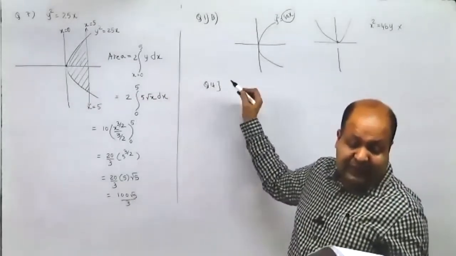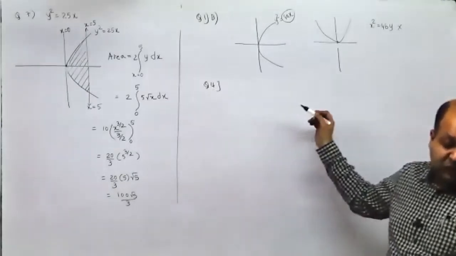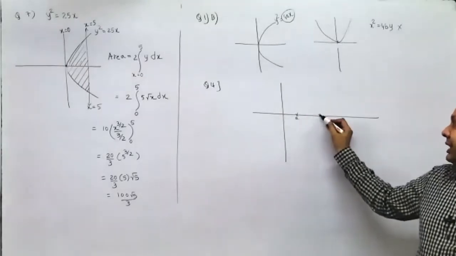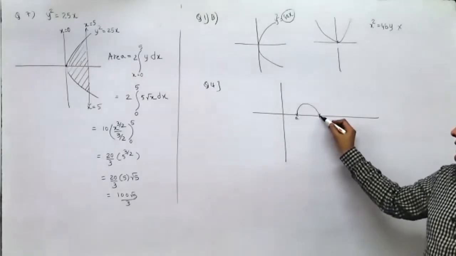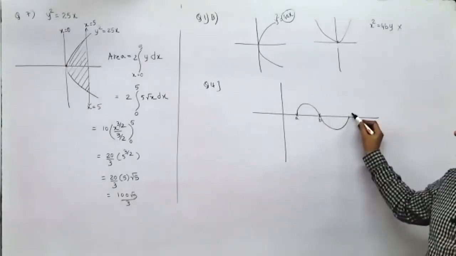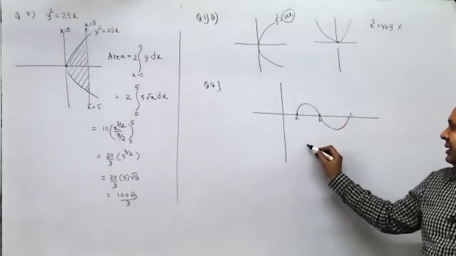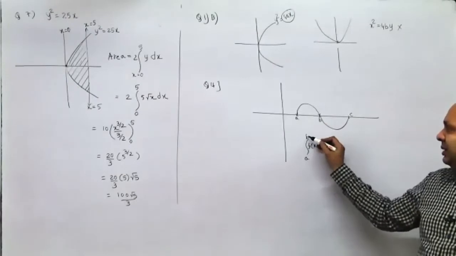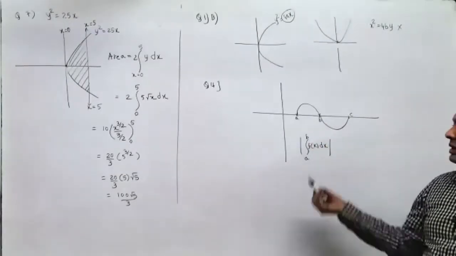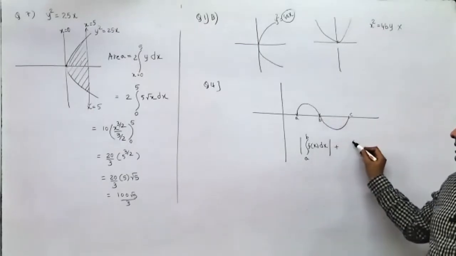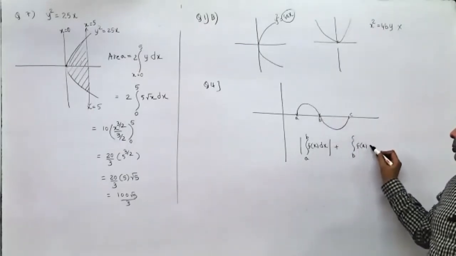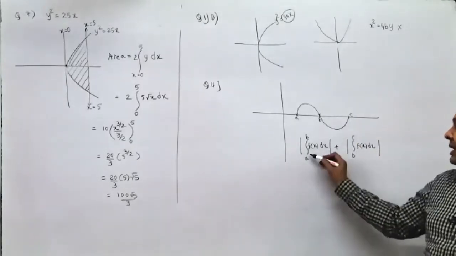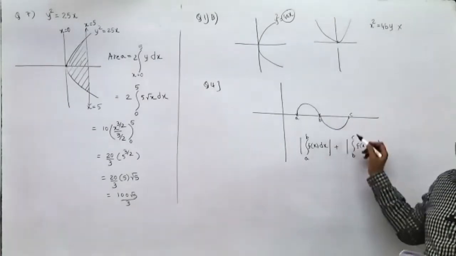Fourth one: area bounded by the curve when the curve lies on both sides of the x-axis. That means, in short, from A to B it lies above the x-axis, and B to C it lies below the x-axis. So what we'll do is find the integral of f of x dx between A and B. This can be taken within mod or without mod, it doesn't matter. Plus, for this area, we'll take B to C f of x dx, and we have to take this within mod. Now with or without mod, this would be the same: A to B f of x dx plus B to C f of x dx. This is correct.